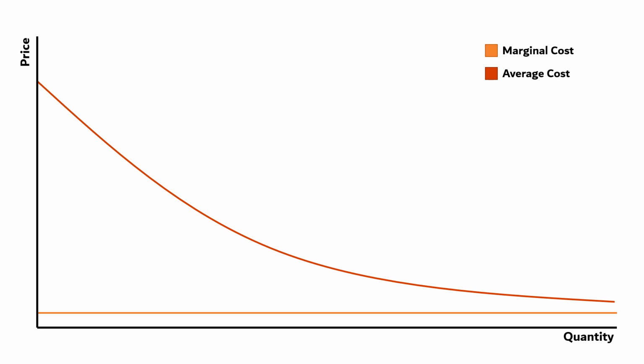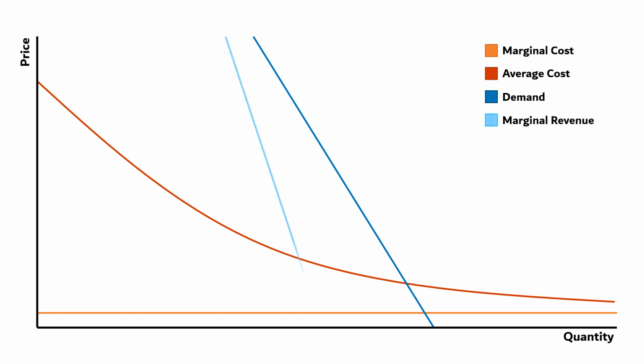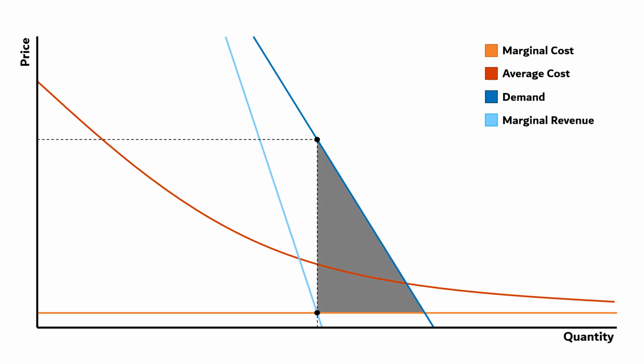So, how much will a natural monopoly charge for its product? For that, we need to chart demand, which will likely be inelastic in a market with a natural monopoly since there will be few substitutes. We also need marginal revenue. A profit maximizing firm will choose where marginal revenue crosses with marginal cost. When we follow that quantity up to the demand curve, we can find the price consumers are willing to pay for this limited quantity of the good, which of course leaves us with deadweight loss.